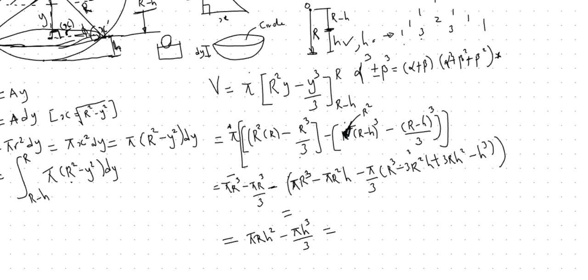So it equals pi h squared over 3 into bracket 3r minus h,